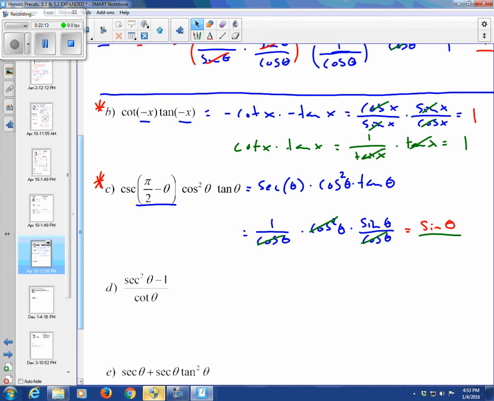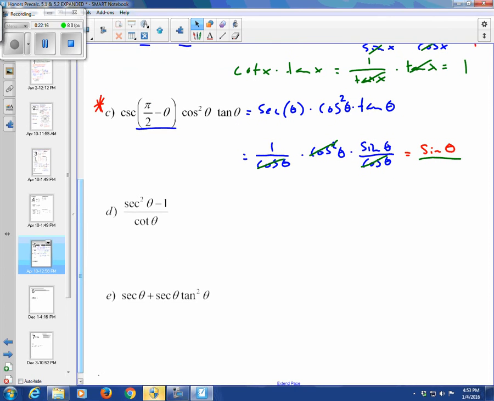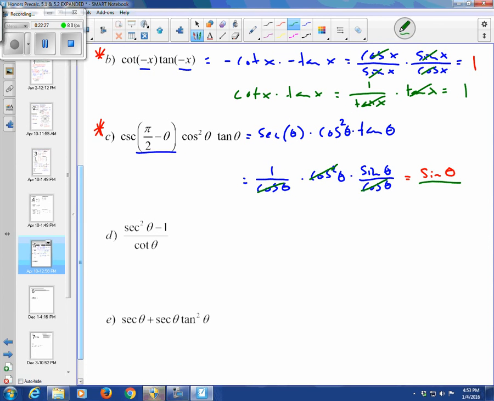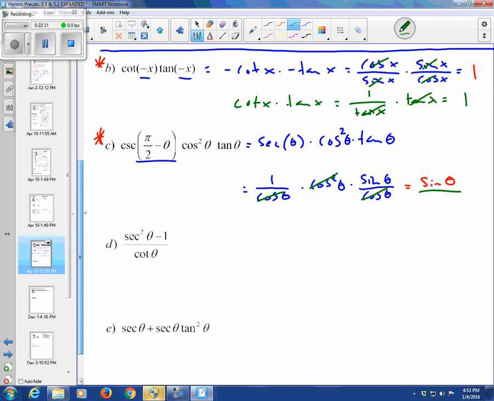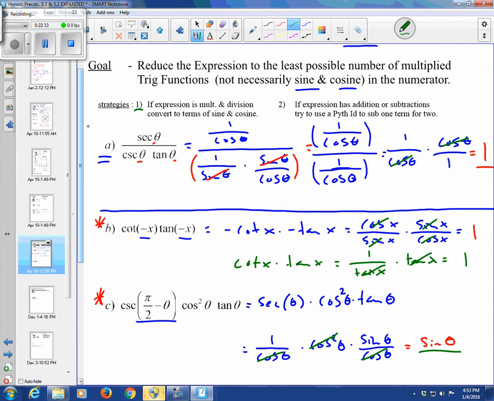Okay, so right here with our next problem, we are seeing secant squared theta minus 1 over cotan theta. So just changing everything to sine and cosine isn't necessarily going to help us here. What I want to recognize is if I'm seeing an addition or subtraction within my trig expression, I want to try to get to a pi